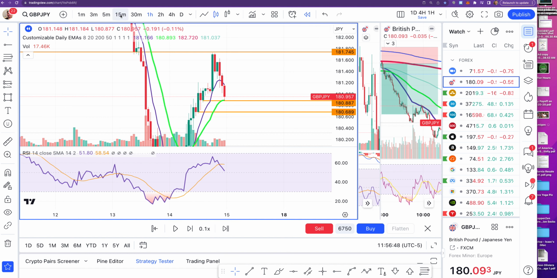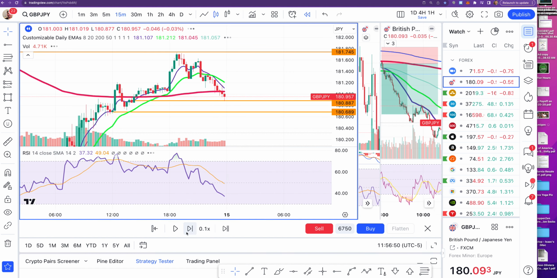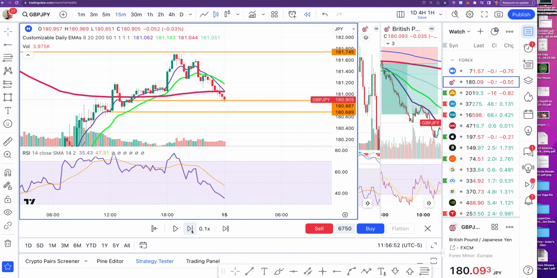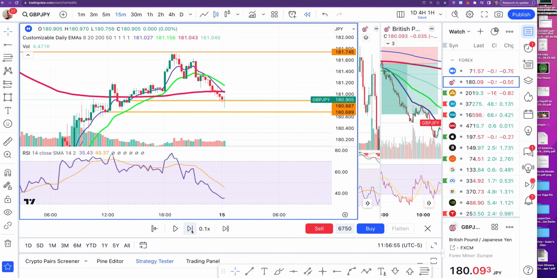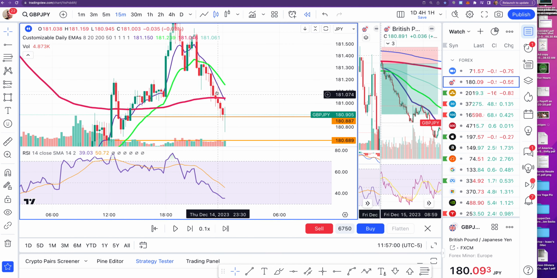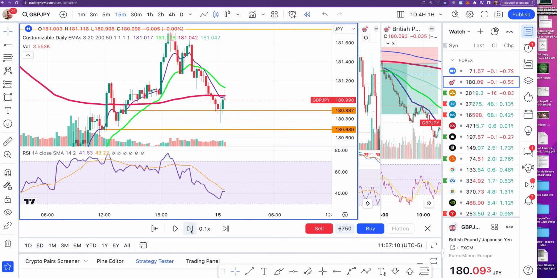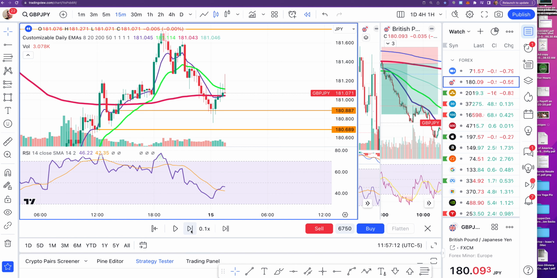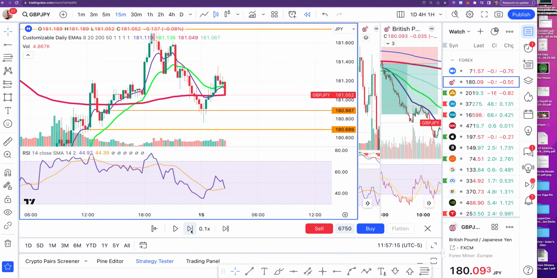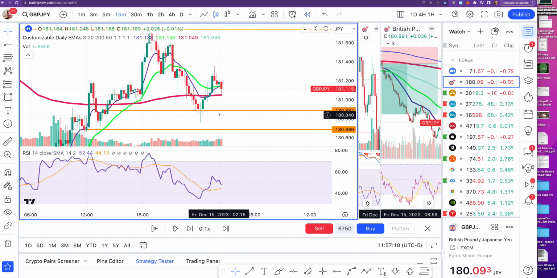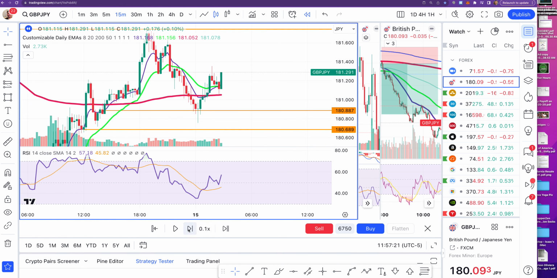So let's go back to the 15 again and watch and see what's going on as we zoom in a little. Okay. What is happening right here at this gold line? We've got a dragonfly doji after a huge move down. Dragonfly doji sometimes represents reversal. Let's see what happens. Yes, we got a reversal there. Okay, nice little reversal. Now we're coming up again,